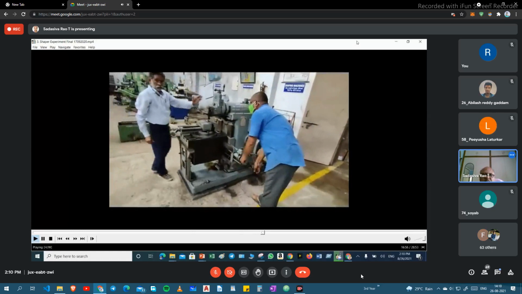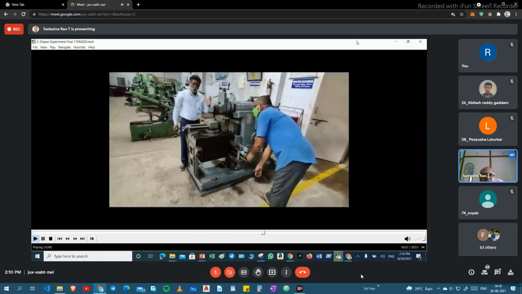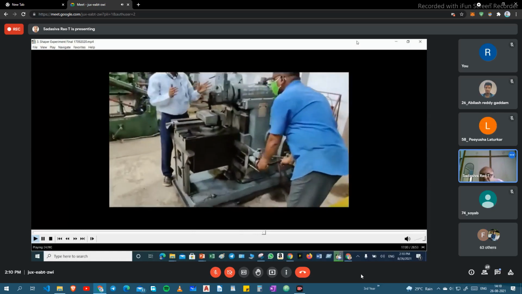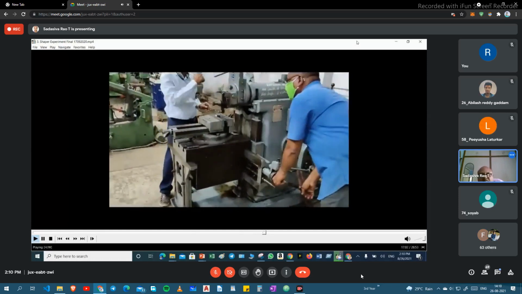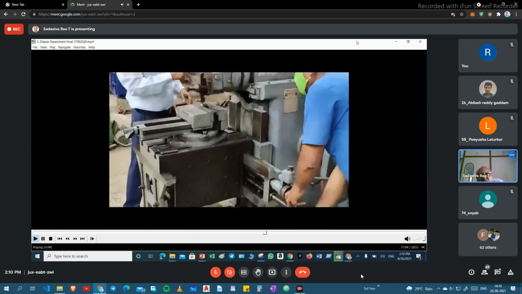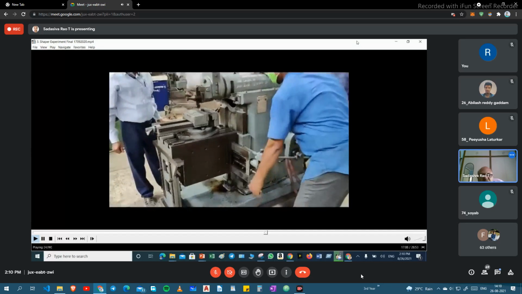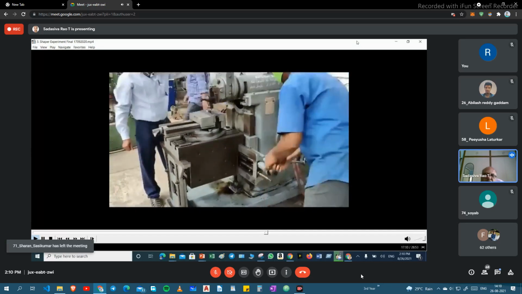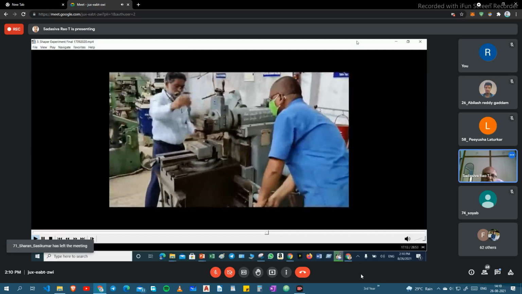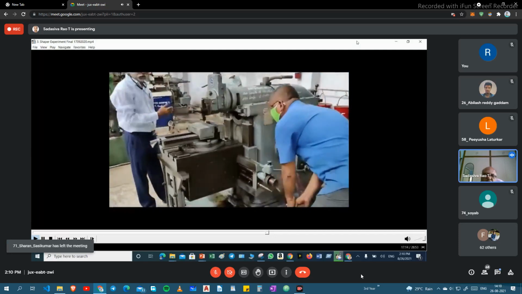Forward stroke is the cutting stroke, return stroke is the idle stroke. So before the forward stroke, in the return stroke, we have to give the feed manually. That is important. Then increase the depth of cut by rotating this one. Then take the opposite direction.